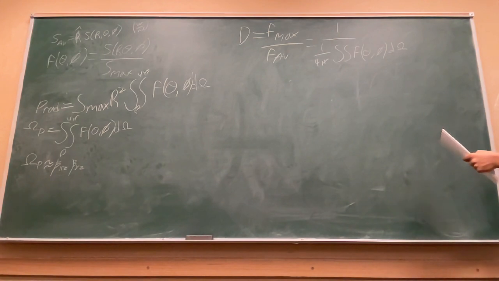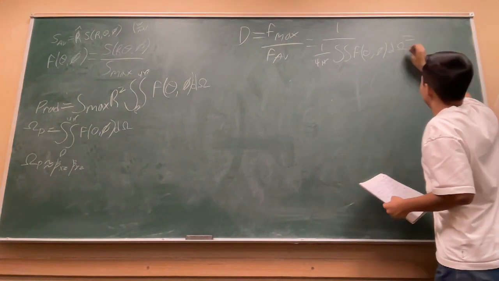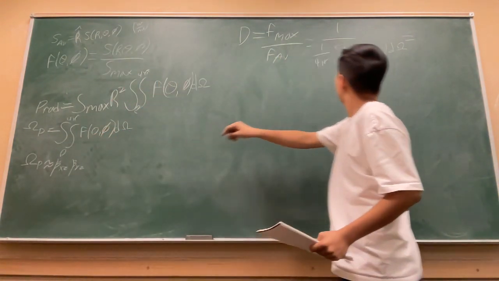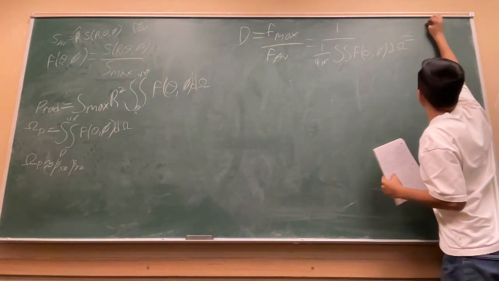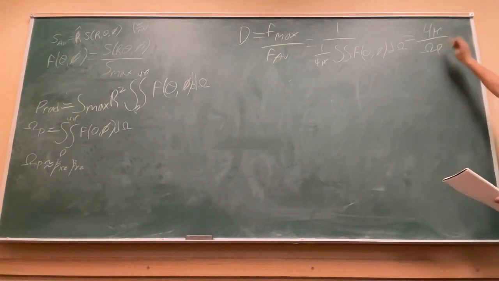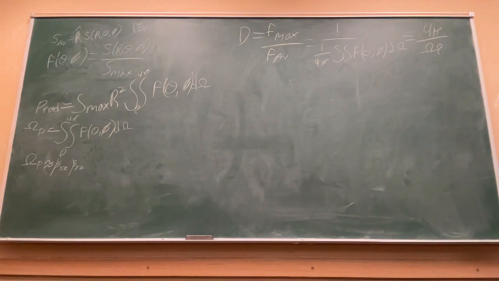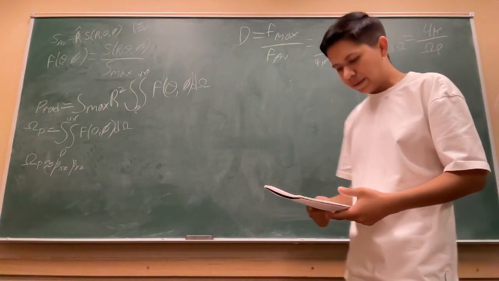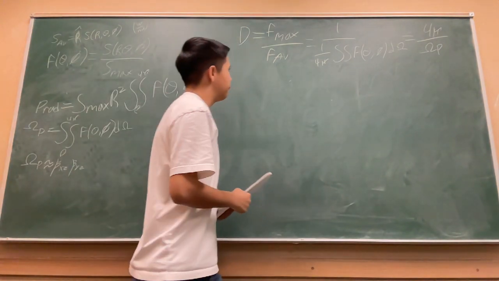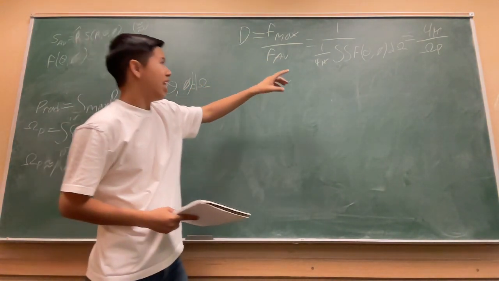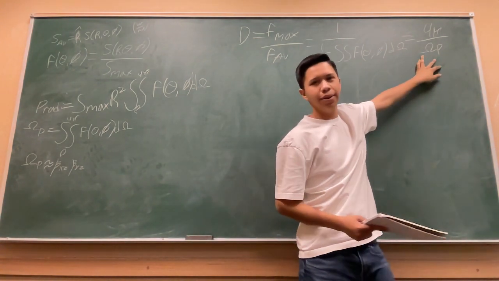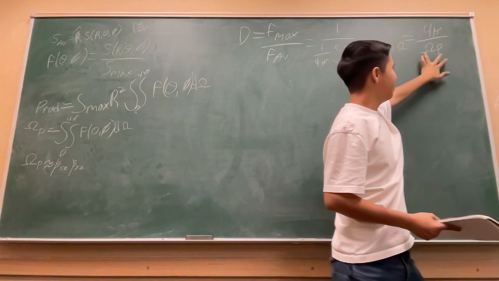Okay, now we can replace this with our pattern solid angle that we found over here. So we're going to be left with 4 pi over the pattern solid angle. This is one of the definitions for our directivity. And what that tells us is when we have a narrower pattern solid angle, a narrower pattern solid angle would mean anything less than 4 pi, because the pattern solid angle of a sphere we said was 4 pi. Anything less than 4 pi,